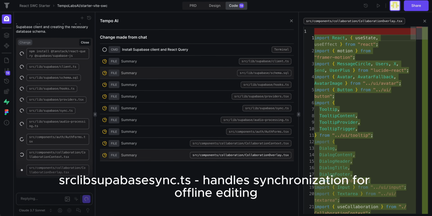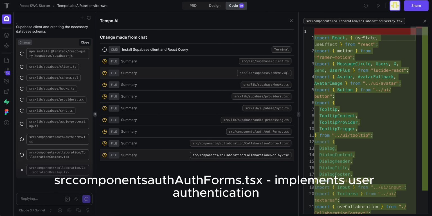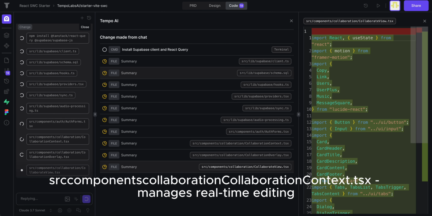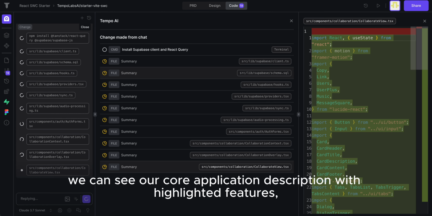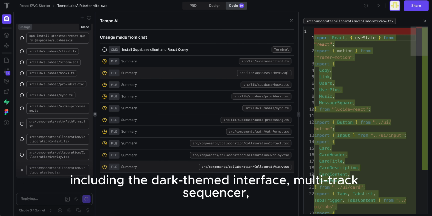src/lib/supabase/sync.ts handles synchronization for offline editing. src/lib/supabase/audioProcessing.ts connects audio data with the backend. components/AuthForms.tsx implements user authentication. components/collaboration/CollaborationContext.tsx manages real-time editing. In the center, we can see our core application description with highlighted features, including the dark-themed